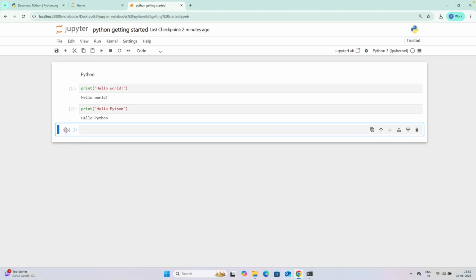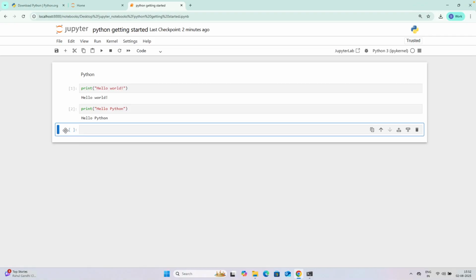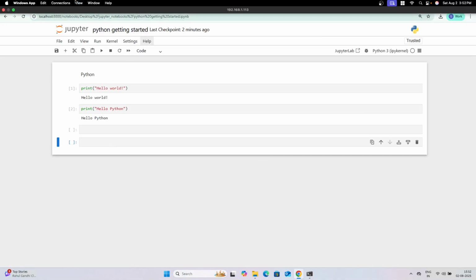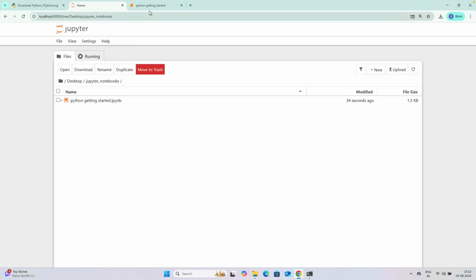Yeah, here it is. If you select this and go to this drop down, there you can select whether you want it as a raw cell, a markdown, or a code cell. You can select it over here, or an easier way would be just to press M for text cell or Y for code cell. So you can do this as well. These are a few things. This would be saved in your local in the desktop directory that we have created, as a .ipynb file that you can use.